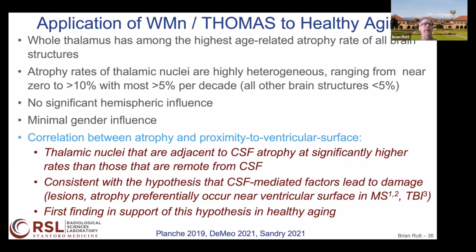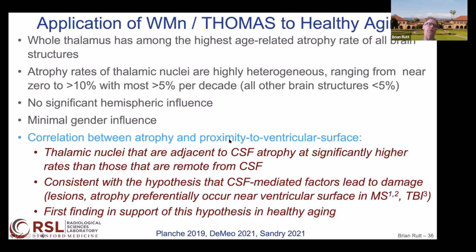So we've seen from this study that the whole thalamus has among the highest age-related atrophy of all brain structures. There's a wide range of atrophy rates for the thalamic nuclei, but they are even higher than other brain structures. About half of the thalamic nuclei are atrophying at a greater rate than all other brain structures, which are typically less than 5% per decade. I've mentioned the lack of significant hemispheric influence, not much gender influence,